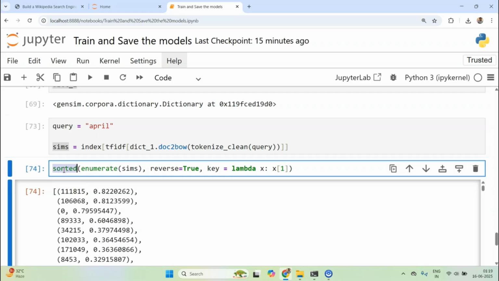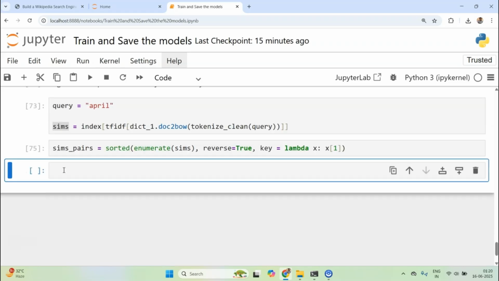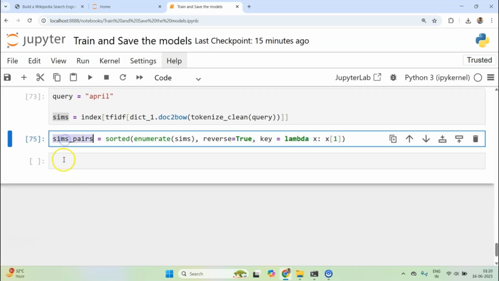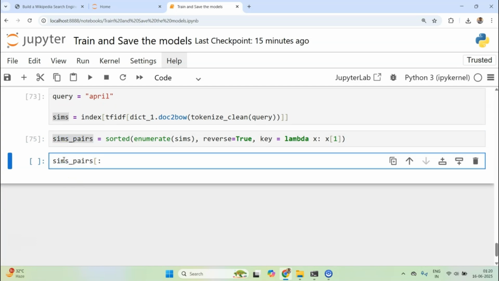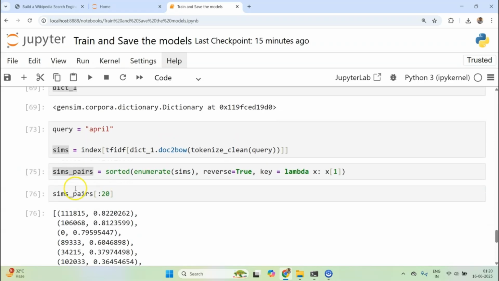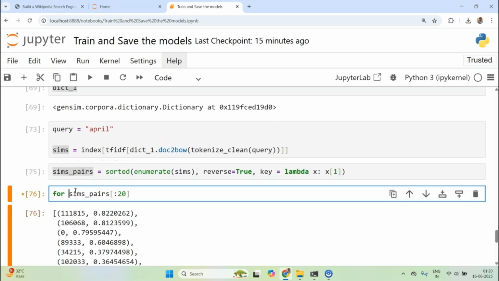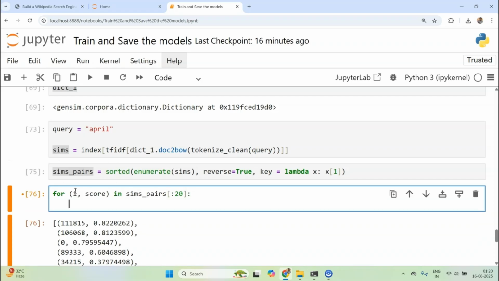But how do we see it visually, right? So we have this index, maybe similarity pairs, I know it's not a very convenient name, but let's get the first maybe 20 matches. So these are the first 20 matches, and let's loop through it. So I'll do for index, I and score in this.